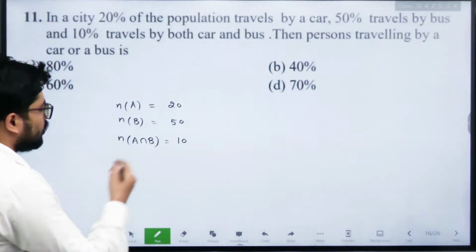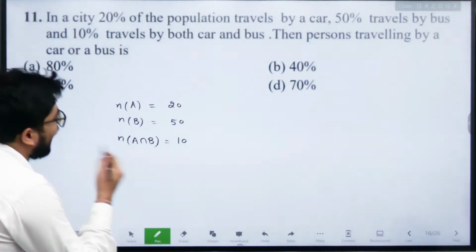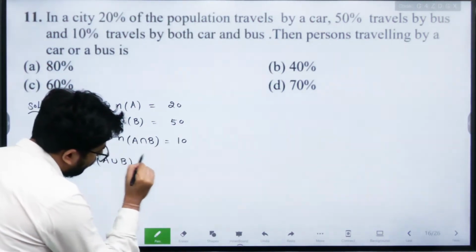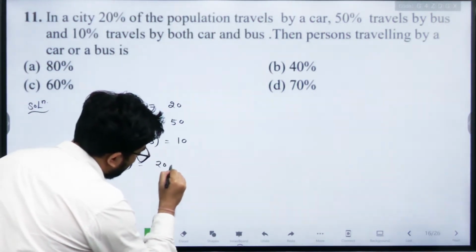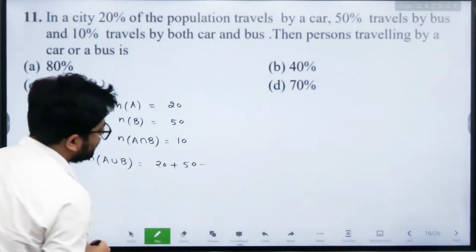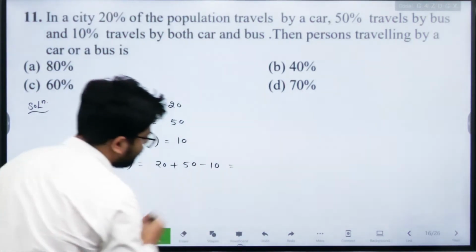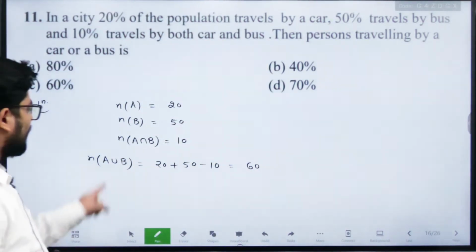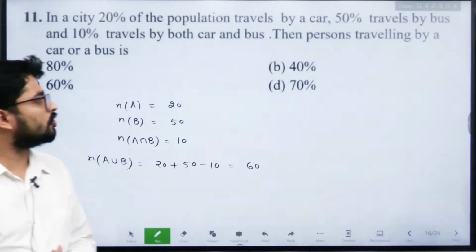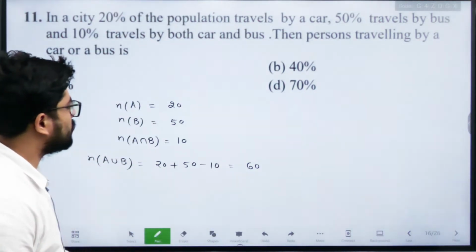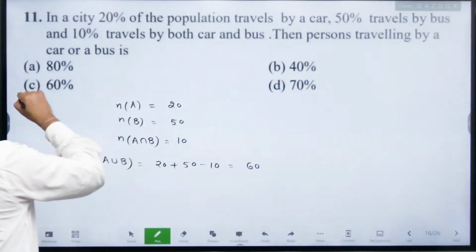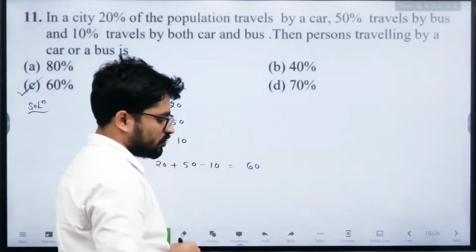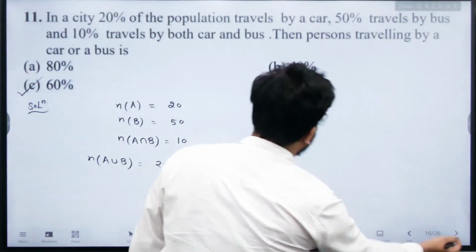Okay, so now you have to find persons traveling by car or a bus. It means you have to find n of A union B, that is n(A) plus n(B) minus n(A intersection B), which is 60. Okay, n(A union B) is 60, and the total population is 100. So that is 60%. So the final answer is C. Got it? Now next question is,